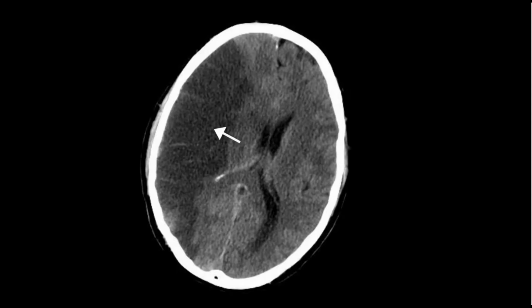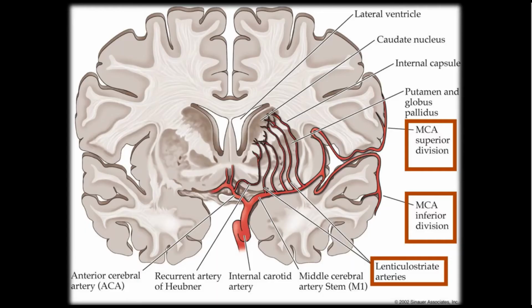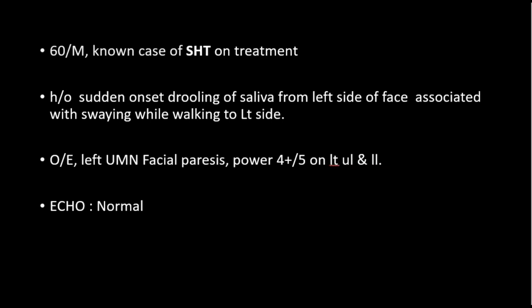When one middle cerebral artery is occluded, the outcome is usually very bad unless the vessel is recanalized immediately. If that is the case with occlusion on one side, just imagine what will be the situation if both middle cerebral arteries are occluded. That need not be the case always. We'll discuss one case which was shared for discussion.